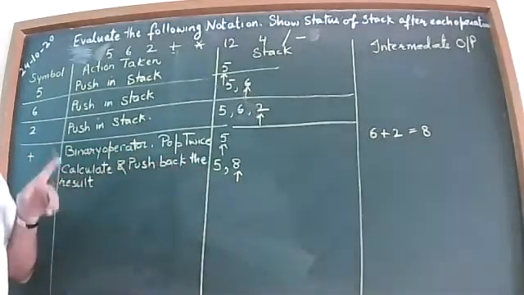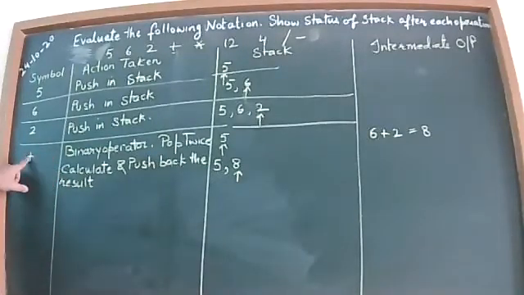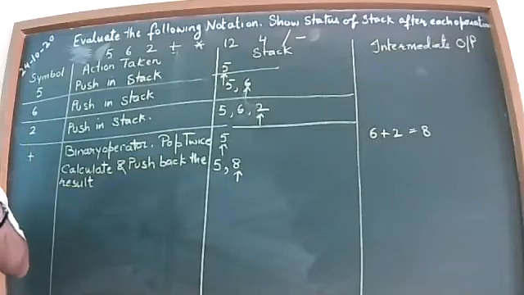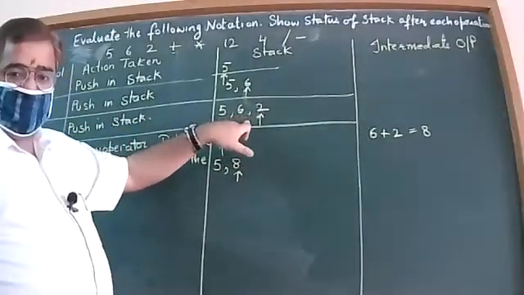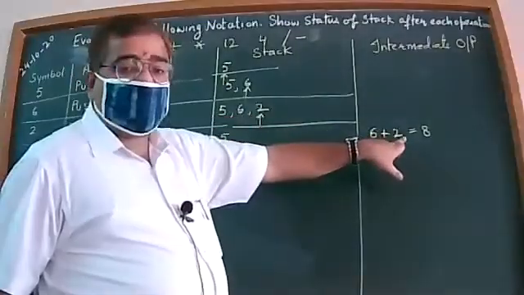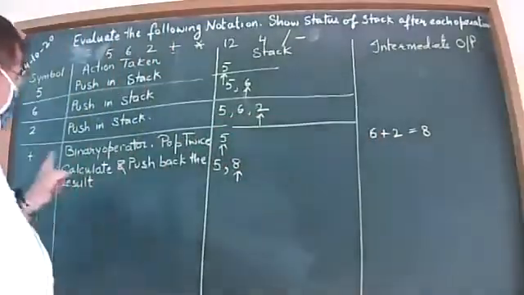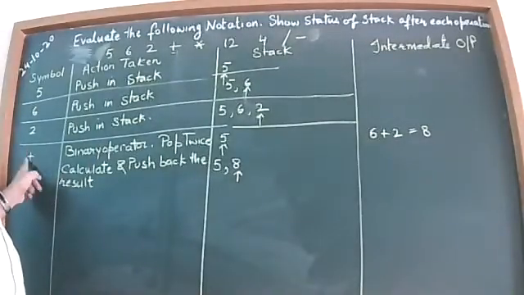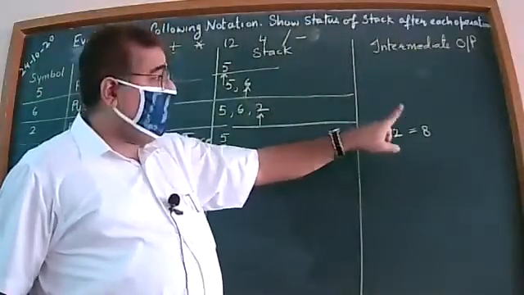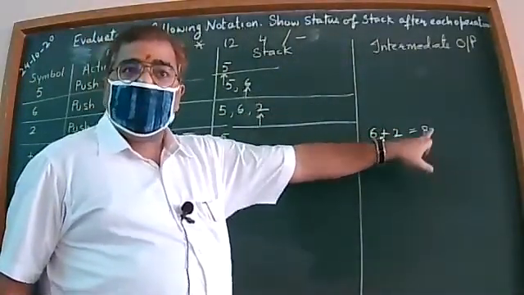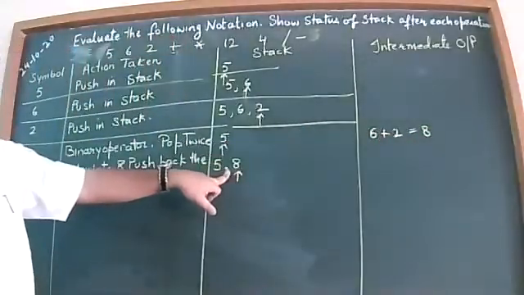I again repeat this step. What we have done: when you encounter the operator, you are to check, is it a unary operator or is it a binary operator? If it is a binary operator, it will take two numbers. So pop two numbers, write those two numbers over here, perform the mathematical operation, whatever operation is given here. Perform the same operation over here. Whatever result comes, push the result back again here.